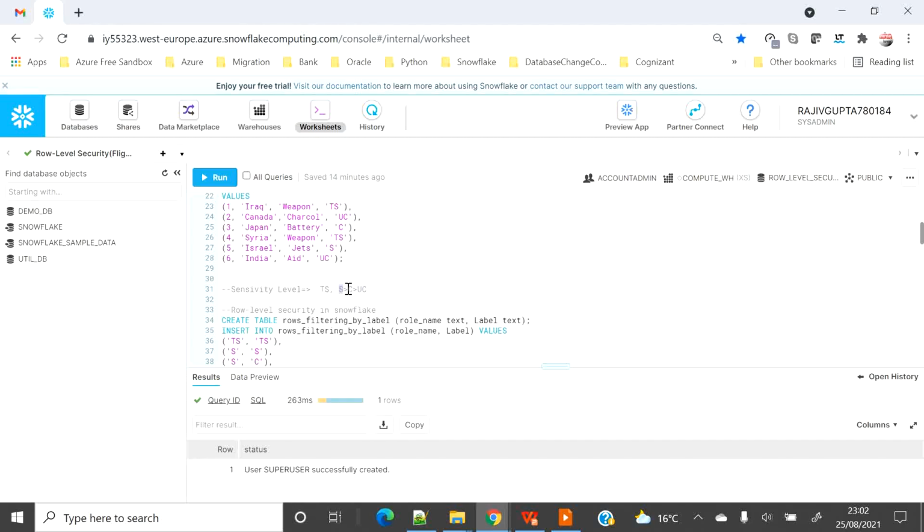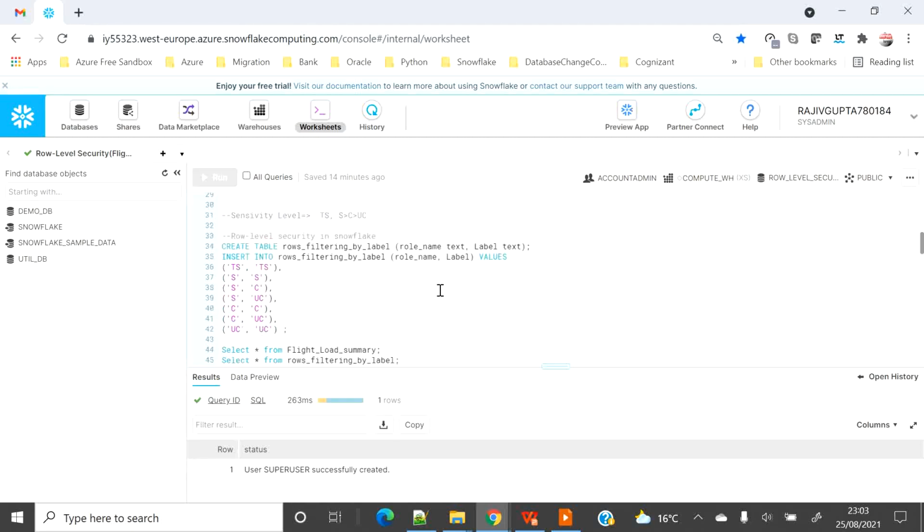Likewise, if I have the C level role, I can see the C data and UC, but not S or TS. In the same way, if I have UC, I can only see the data of UC and not of any other rows.